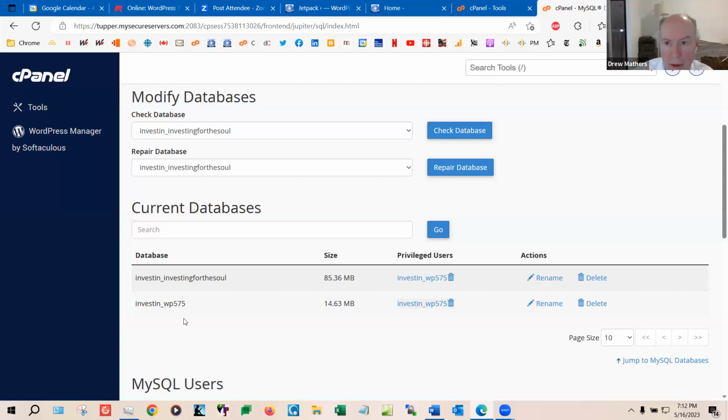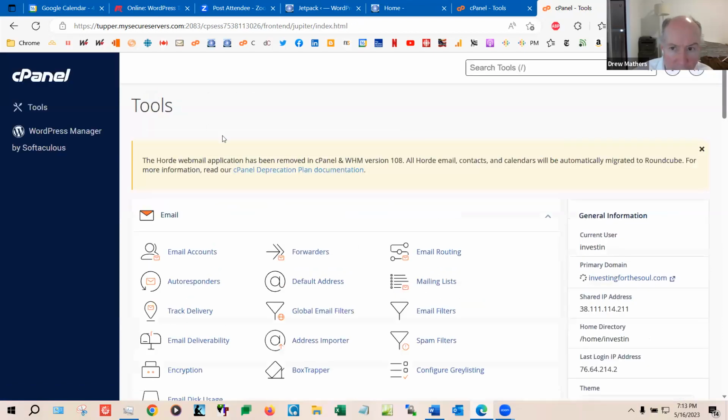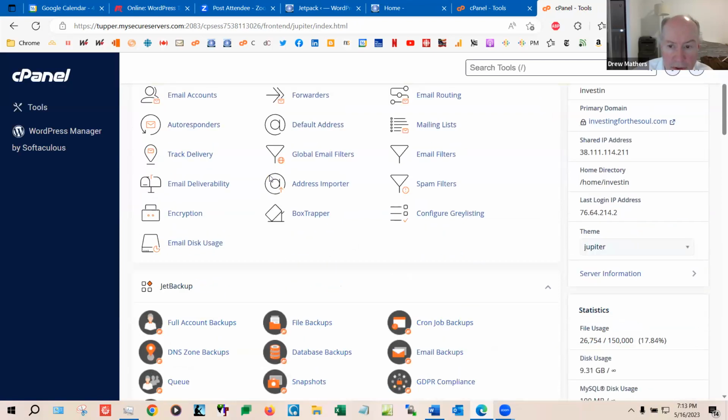I'm just going to move my windows around here to have a look at this page. One of the things I do not see how you can do in cPanel is check your user permissions. Robin hit on something there that's kind of interesting, whether you have all the necessary user permissions for your database. WordPress should warn you if you don't.